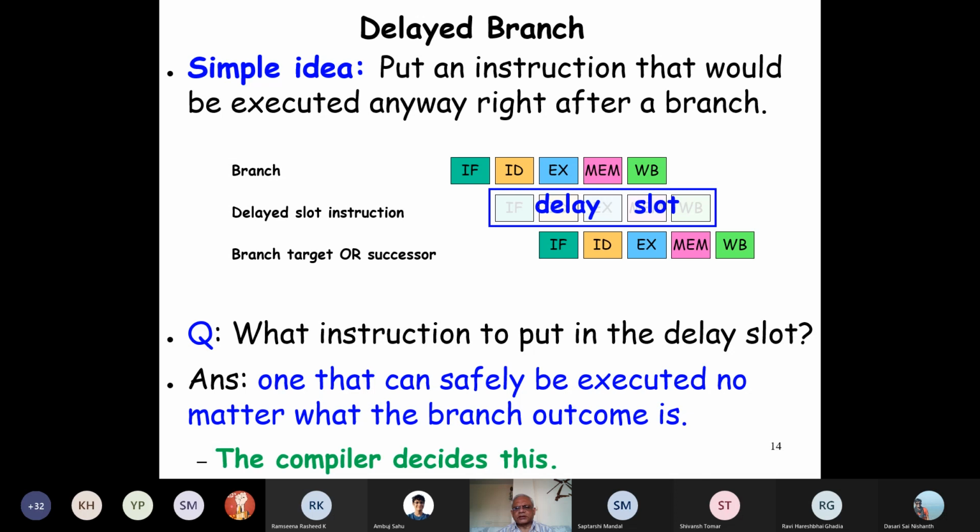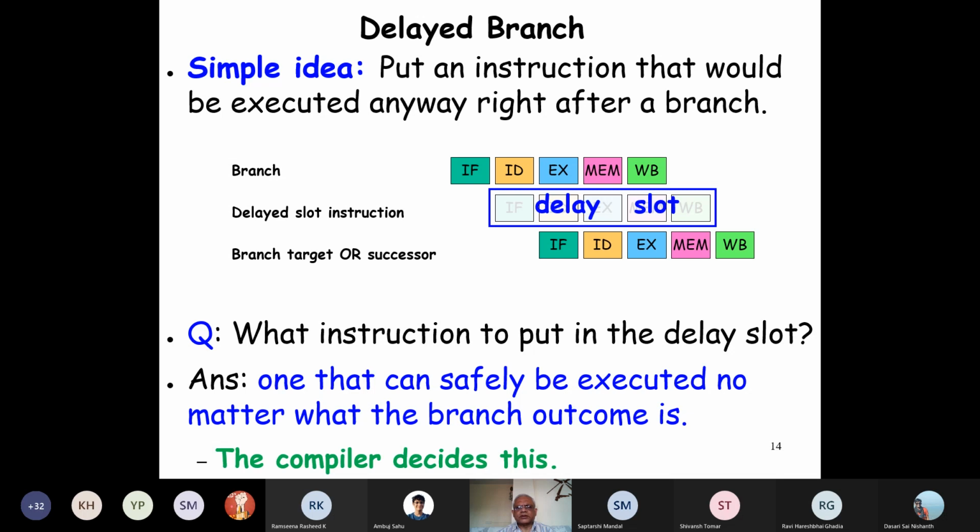If we take the PC plus 4 and execute that, and the branch outcome turns out to be true, branch is taken, then that would be a wrong instruction. So we don't really execute the next instruction. What we do is in the delay slot,